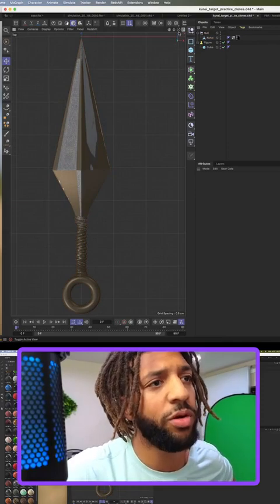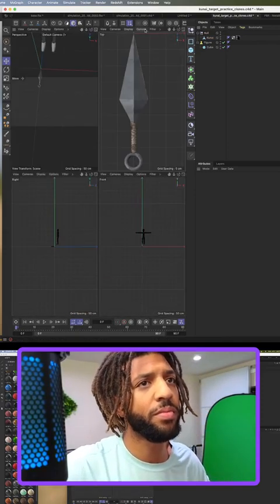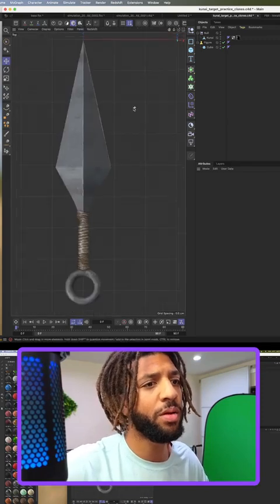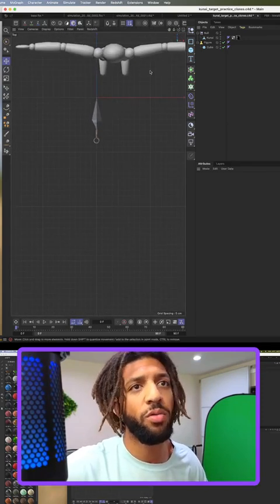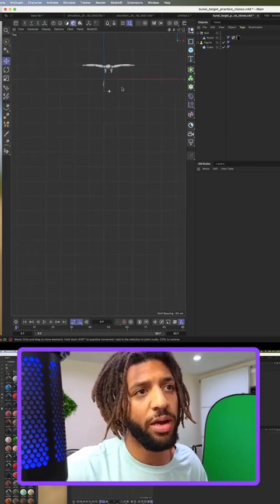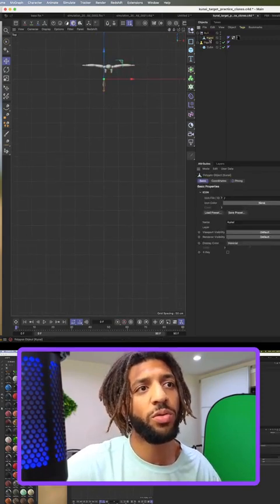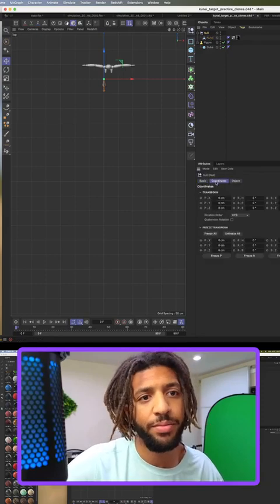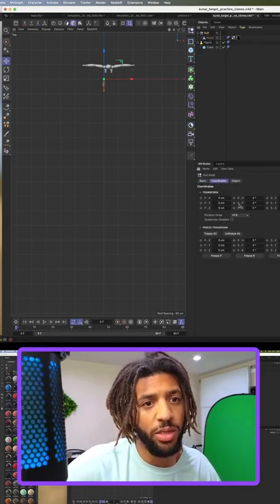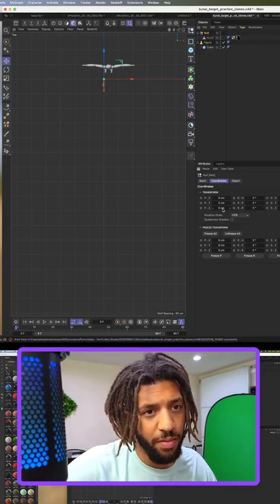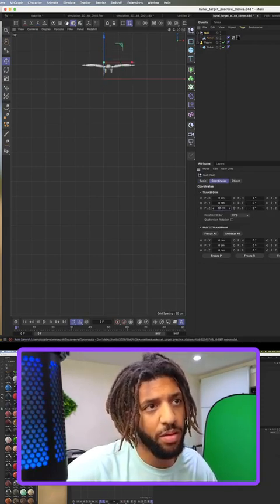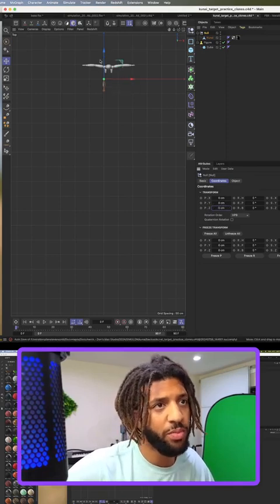That object looks kind of weird from this angle. There we go. And what we want to do is create a little animation. So I'm just going to take the kunai, go to its position in Z,